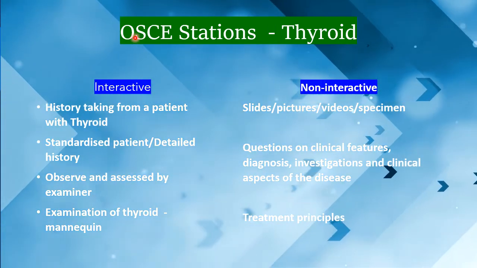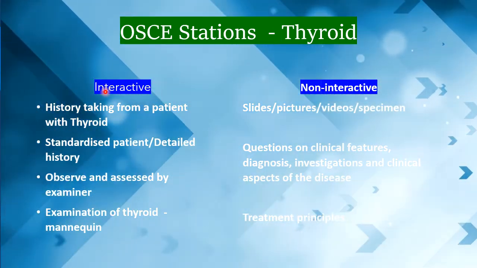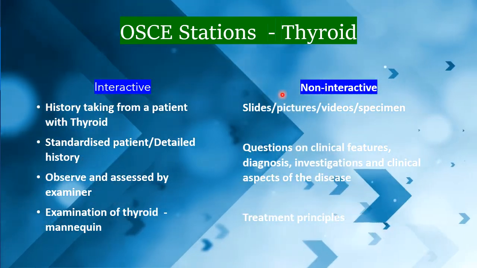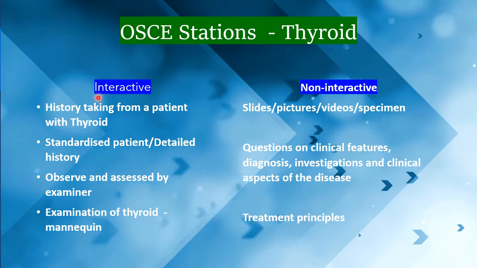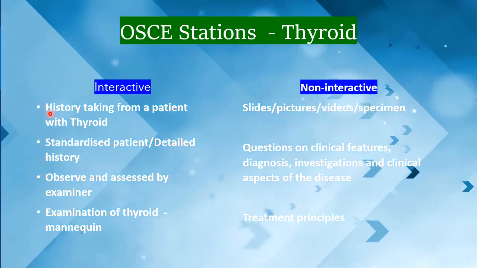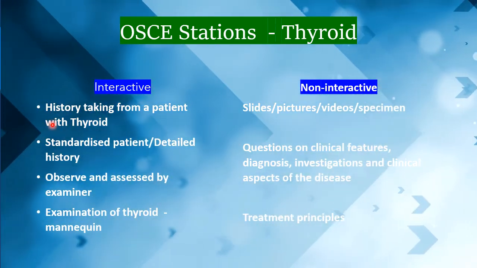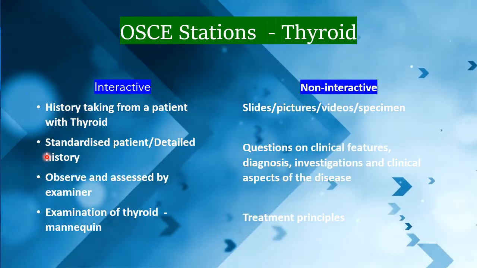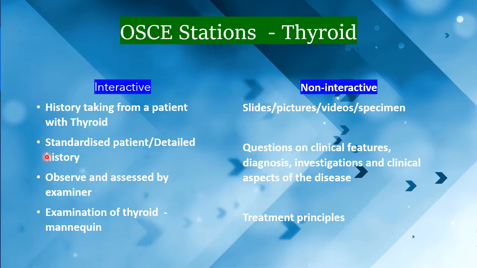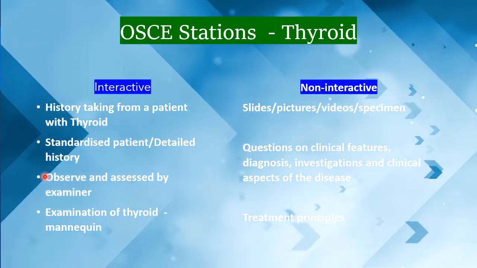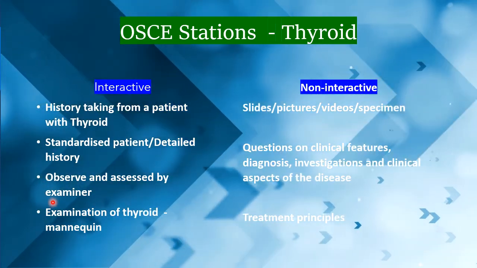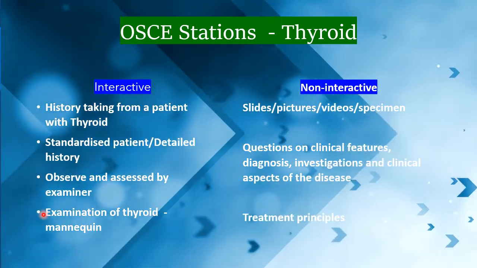In the OSCE stations of the thyroid, there are two types of stations: the interactive station and the non-interactive station. In the interactive station, you are asked to take a history from a patient with a thyroid problem, using a standardized patient, and you're expected to get the detailed history from the patient. You'll be observed and assessed by the examiner, or you can be asked to do an examination of the thyroid